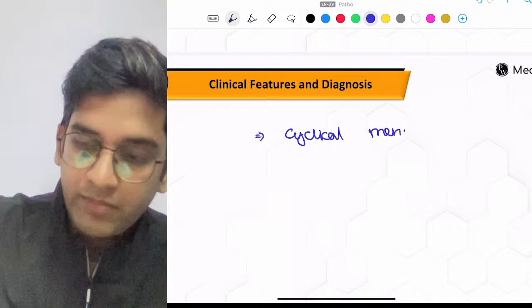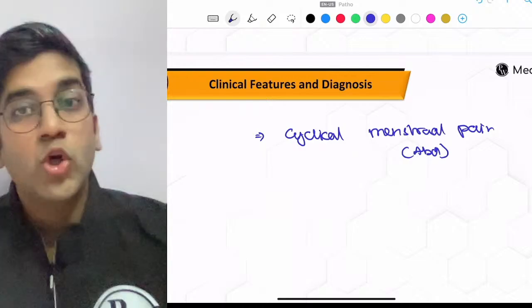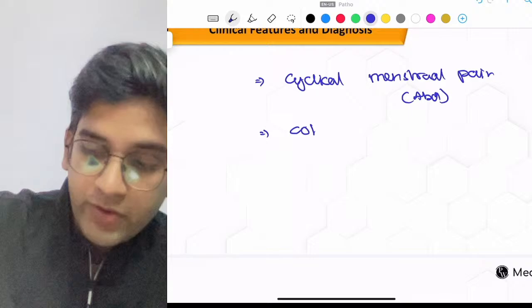Rarely endometriosis can be associated with a little bit of infertility also, but this is the most common thing. Cyclical menstrual pain, abdomen pain in the abdomen, can be in the chest if it's lung, or bone if it's bone, or colonic. It can be based on the site. If it's a colonic endometriosis, see, colon can also have endometriosis. Here you have dysentery because you have blood loss in the colon. You won't think of it